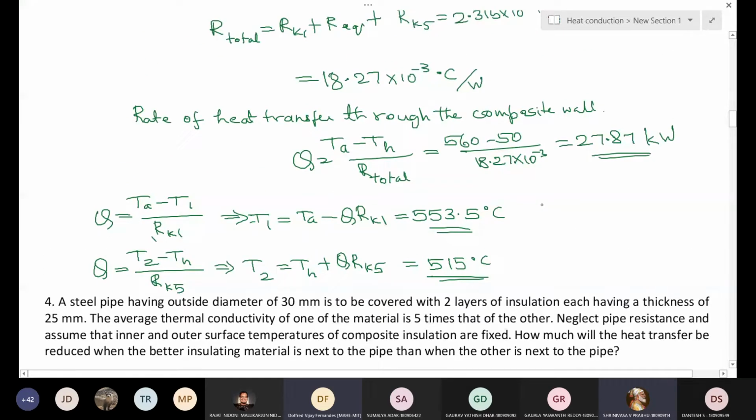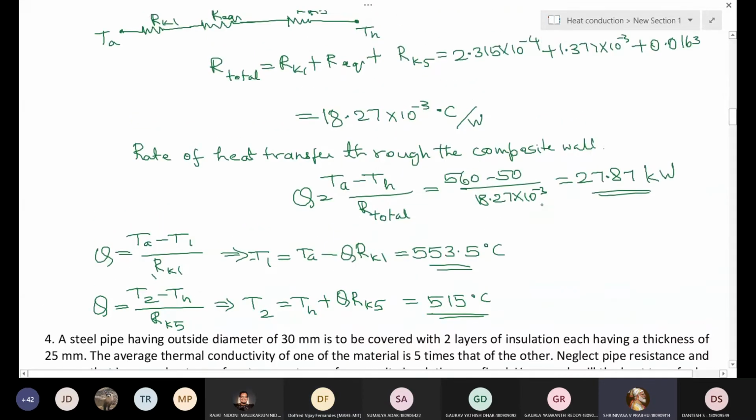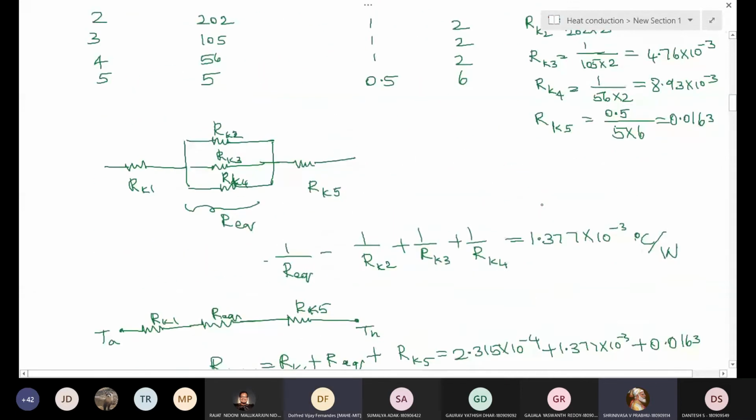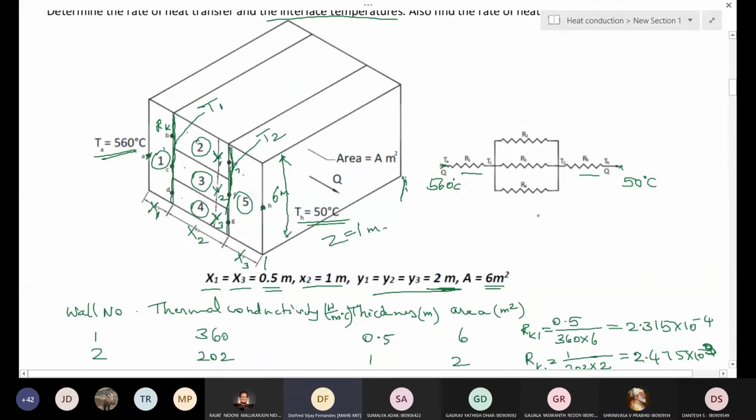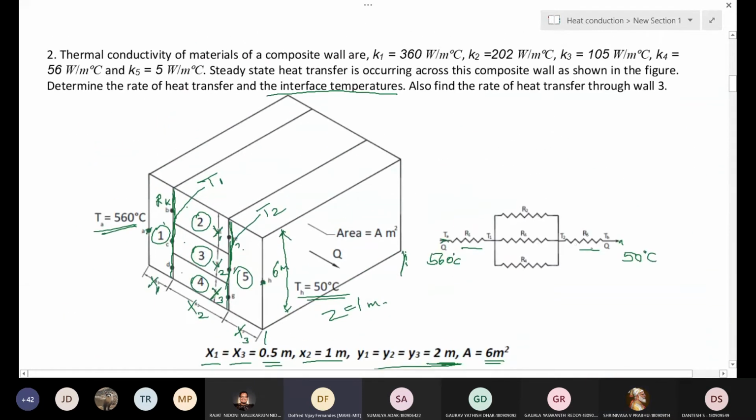What is the significance of this? Why did you have to keep the last wall at such a great temperature difference? There is no practical application mentioned in the problem. It is simply put in your notes so that you will learn the electrical analogy. That's all. There's no practical connection to this wall and the problem. But definitely there will be practical connections later.